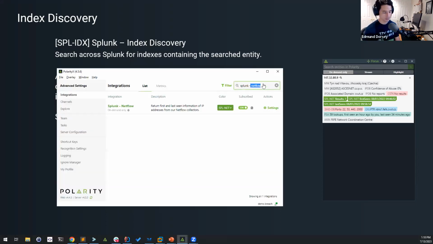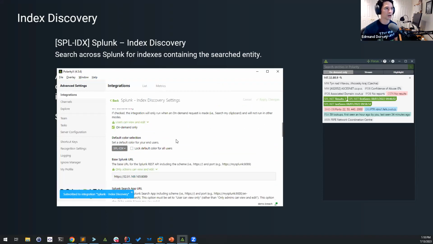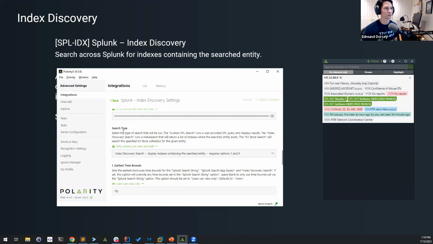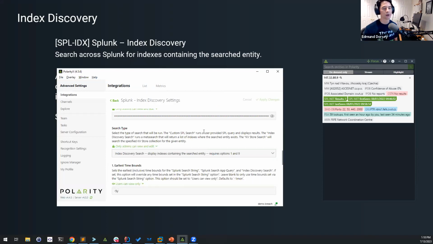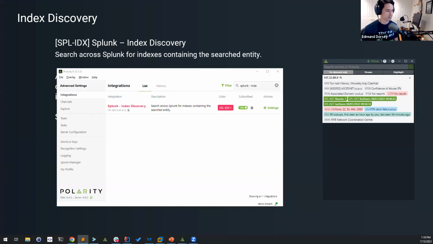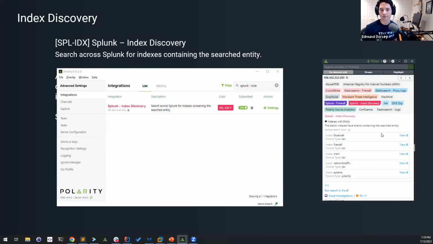So if I go here to our index discovery, and I'm going to turn this on, all you need to do is go down to the search type and choose index discovery search. And now the integration basically reconfigures itself. You don't have to provide any custom SPL. And when I run a search on something, you're going to see now we're getting this SPL index result. And what that's doing is it's doing a very efficient search across